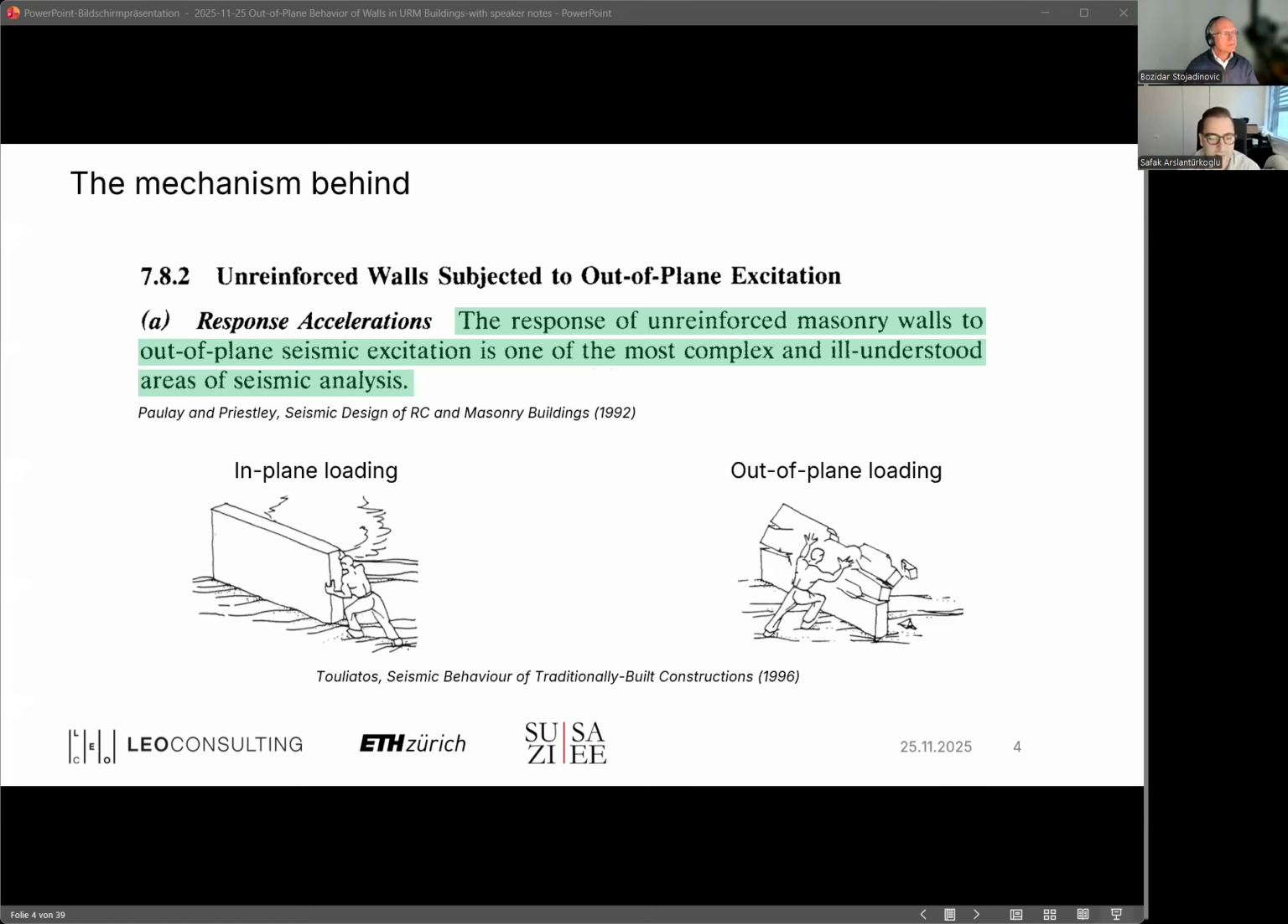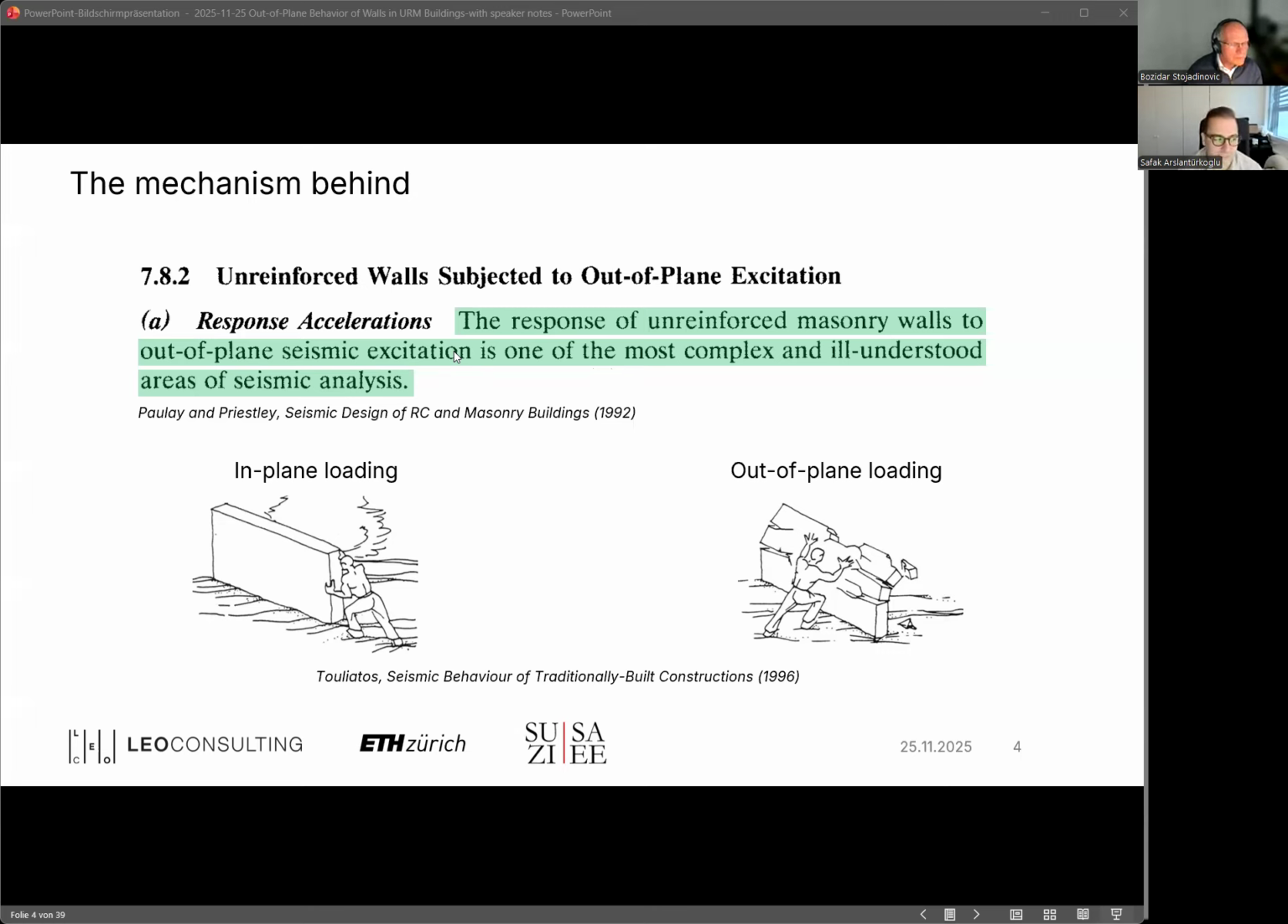So the mechanism behind it. In the literature on the out-of-plane behavior, one statement, the statement in green, probably is quoted more than almost any other sentence. Paulay and Priestley described the out-of-plane response as one of the most complex and least, or ill-understood, areas in seismic analysis. To understand, let's look at 2 walls that are isolated, and these are subjected to different types